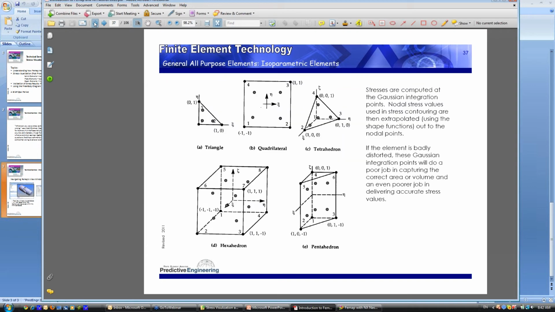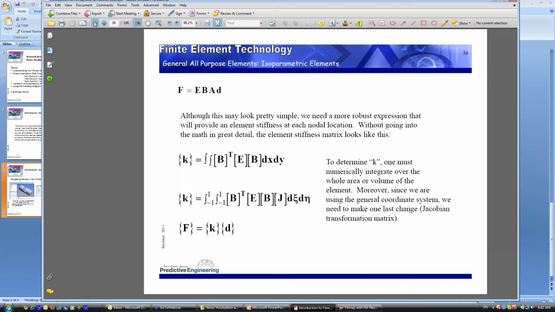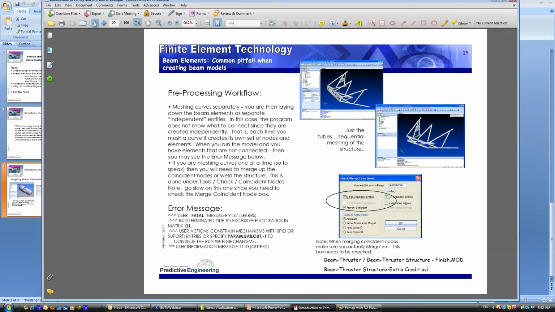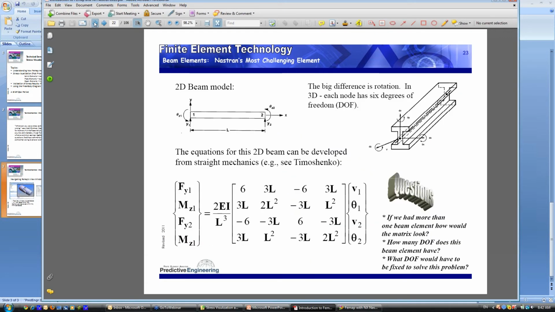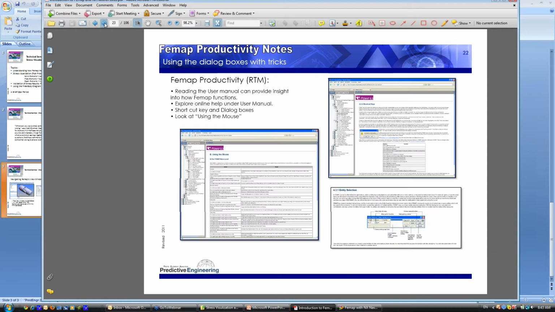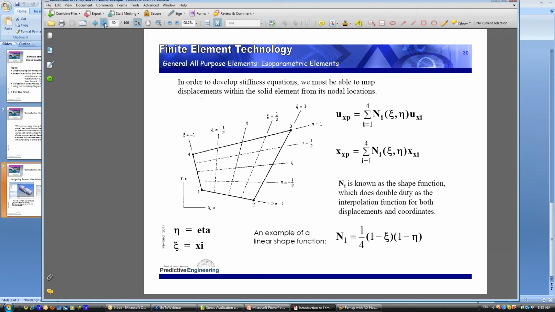What I don't talk about here, and I'm about finished, is that when you're done with the FE process, I want to back up. Hope you guys aren't getting dizzy. It will dump out your displacements here. It decomposes K, dumps out your displacements. Now, these displacements are at the corner points. They're at the nodes. So what it does is it goes back and uses your isoparametric formulation with your displacements